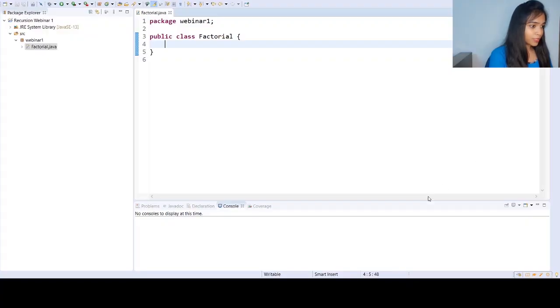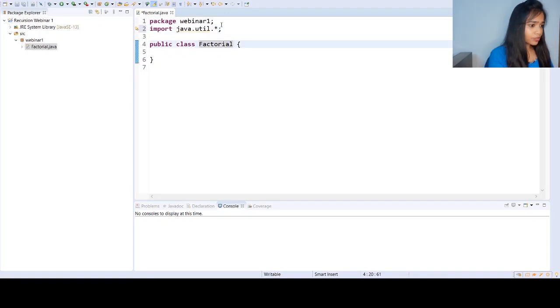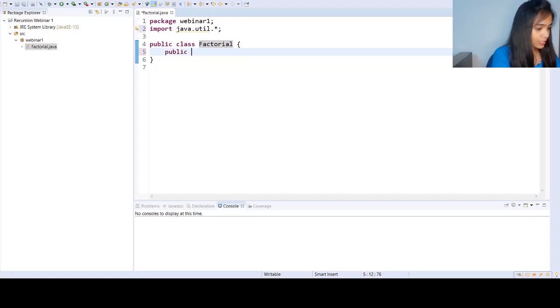So here I have opened up Eclipse and I have created my class inside a package. So let me start with importing java.util.*. What am I going to use this util.* for? I'll be using it to use my scanner. Alright. So now let's come to